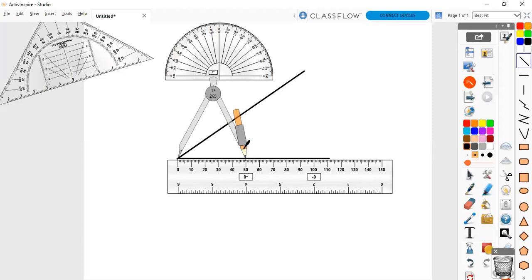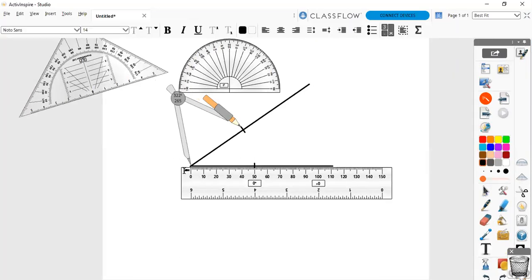Now mark one arc over here. There is an arc, as you can see, and also mark the same arc on this line like this. Done. So now this is a point of your choice. Each and every point we will give a name. Like this is my point O. I will give the name A to this point and B to this point.